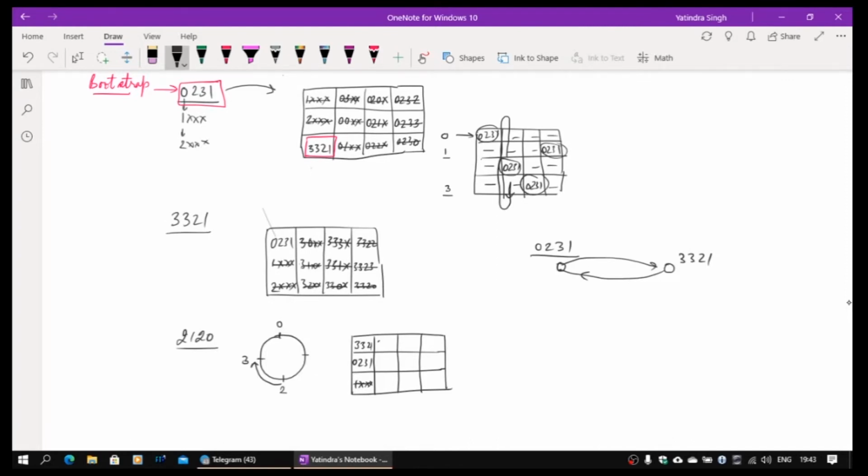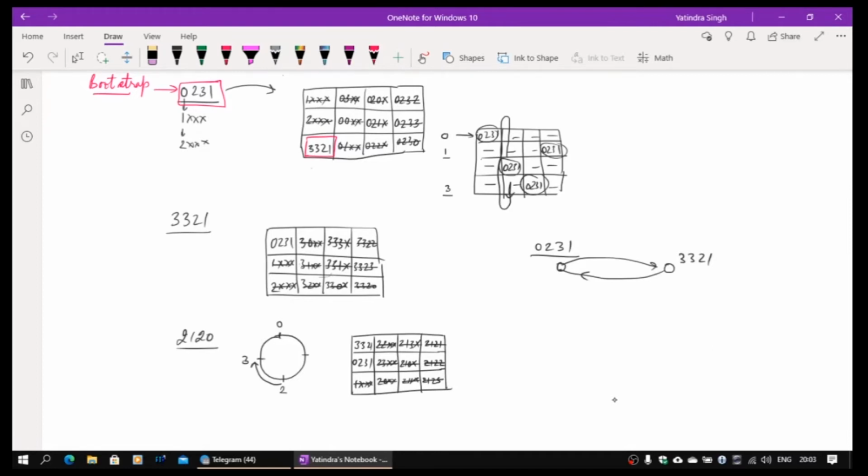Then 22xx not there, 23xx not there, 20xx not there, 213x not there, 210x not there, 211x not there, and similarly 2121 not present, 2122 not present, 2123 not present. This will be now the routing table. These are the 2 valid entries which are kept. So 2120 will have these routing table entries, 3321 and 0231.